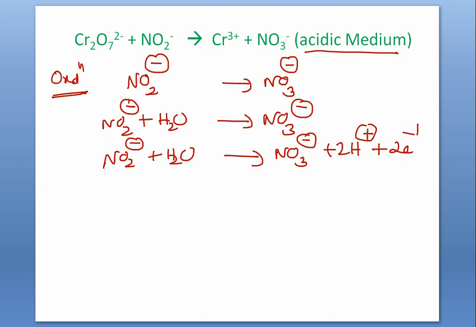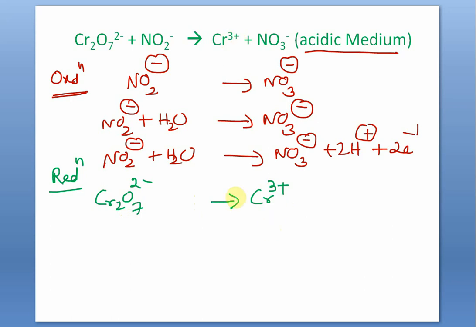Now let us perform the same operation with the reduction. You allow me to perform the operation in one line, not writing 3 successive lines, one below the other. So once you make a little bit of practice, you can do all the steps in a single line. Let us copy dichromate ion from LHS and the corresponding chromic ion in the RHS.